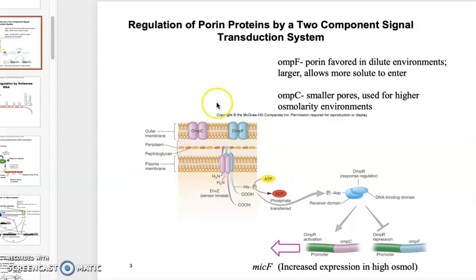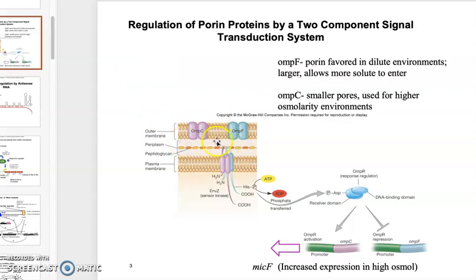The other porin in this model is OMP-F, which is favored in dilute environments. It's a larger pore porin, so it can allow more things to come in. Imagine in this hypothetical situation that we're in a high osmolarity environment, and therefore we would want to favor OMP-C expression over OMP-F, so the proportion of OMP-C should be higher than OMP-F. As the high osmolarity environment seeps into the periplasm, that affects the periplasmic